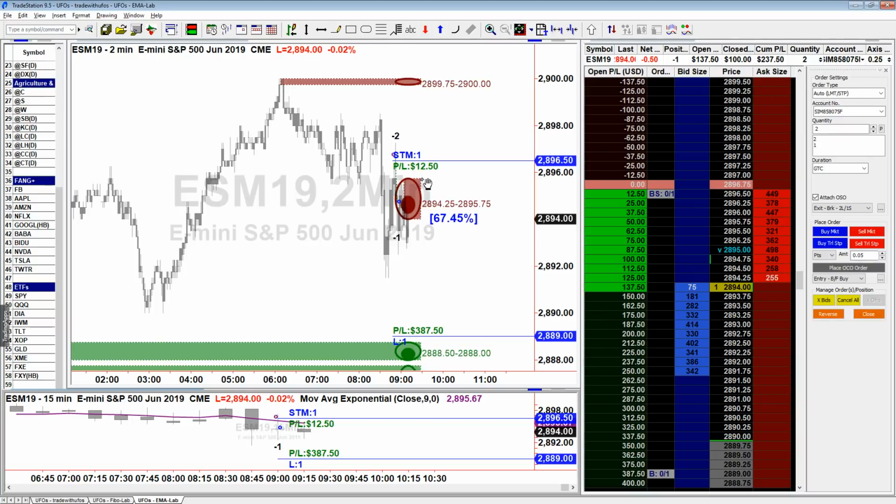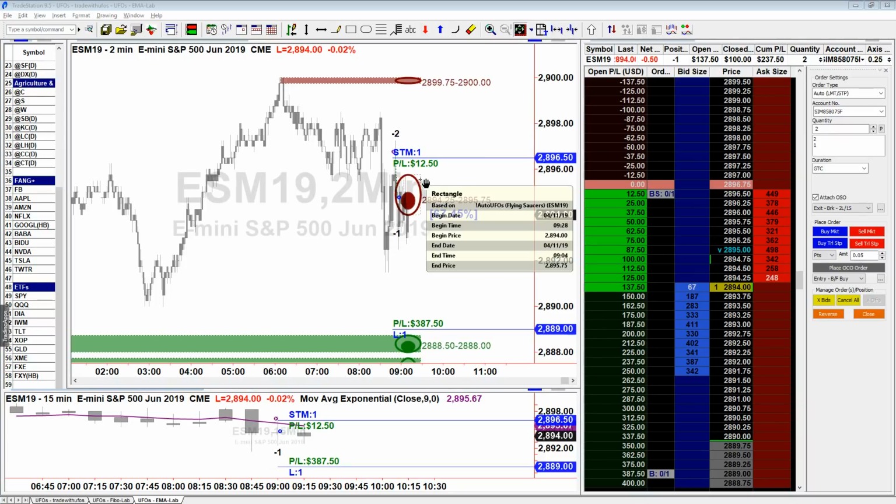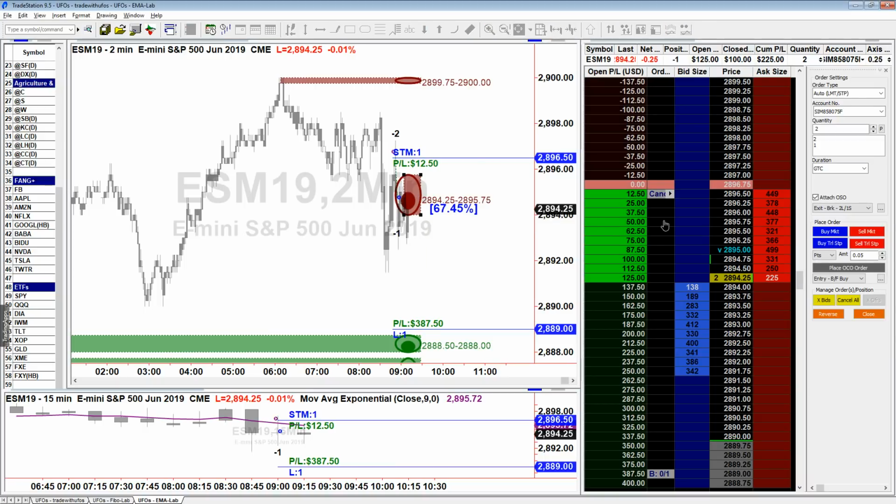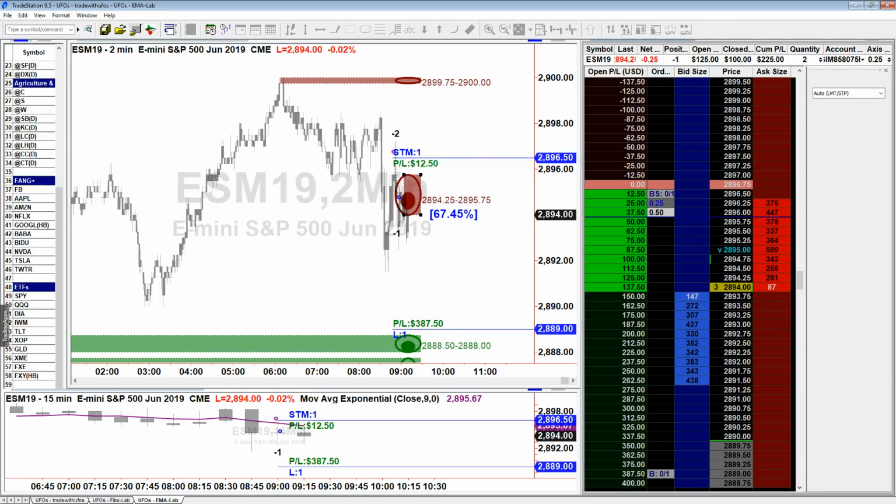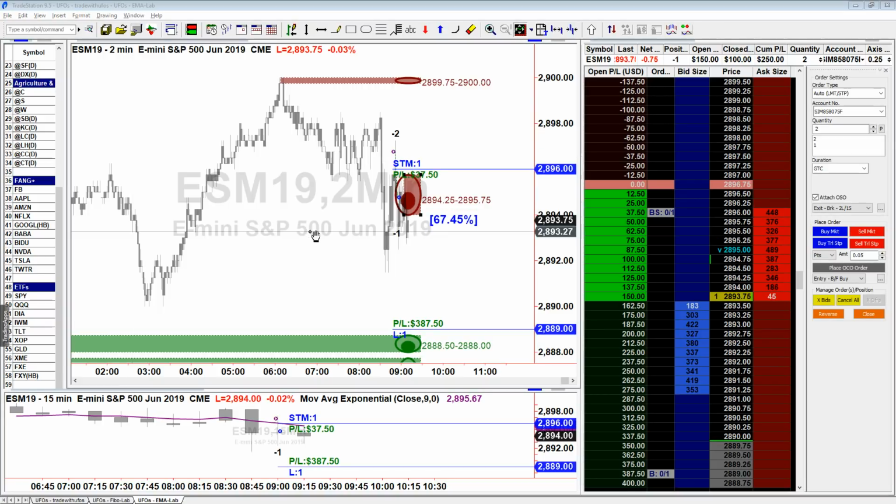And by the way, I love it. New red UFO just formed, so we are now moving the stop right above it. Above it will be 96. Okay, so 96 right there. This is where it goes. Stop is now moved to 96, okay? And let the trade play out.